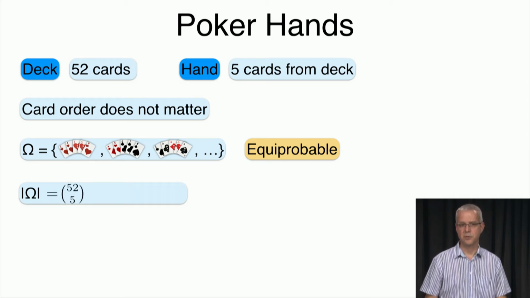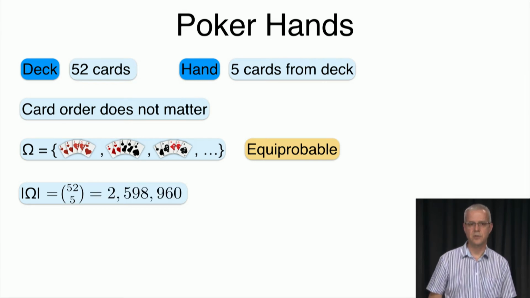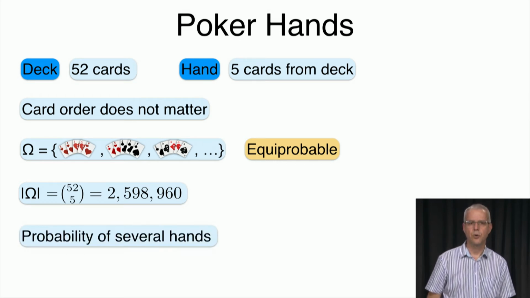As we know, it's 52 choose 5, I apologize. And the number, when you calculate, comes to roughly 2.6 million. Okay. So what we're going to do now is calculate the probability of several hands in poker,